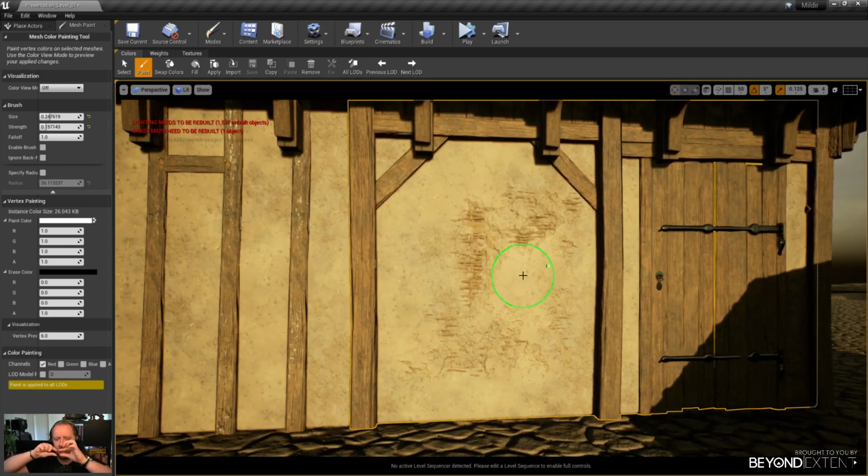If you want really thin lines of rust, it's almost better to go for either a unique texture if you can afford it, or a second UV channel where you can really specifically add textures of rust, for example.